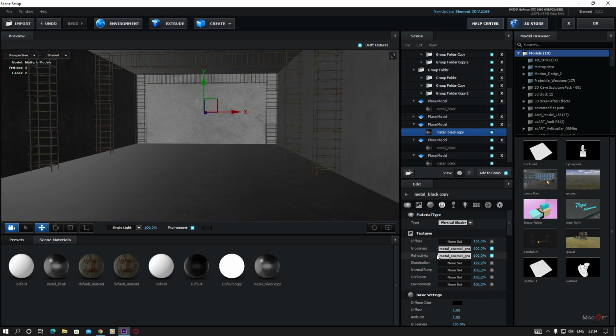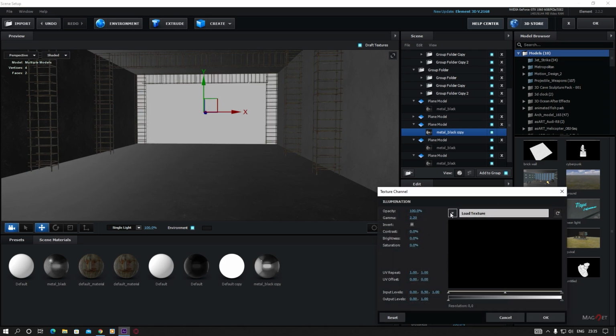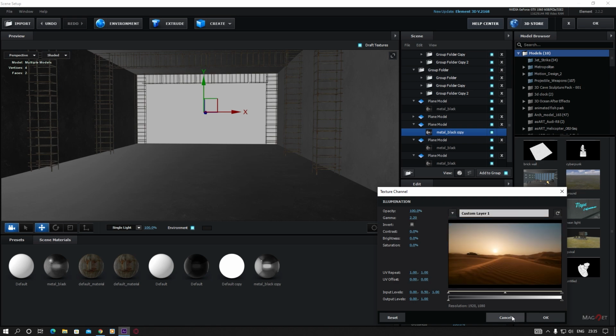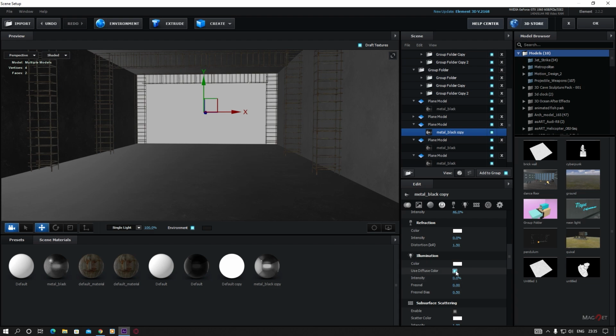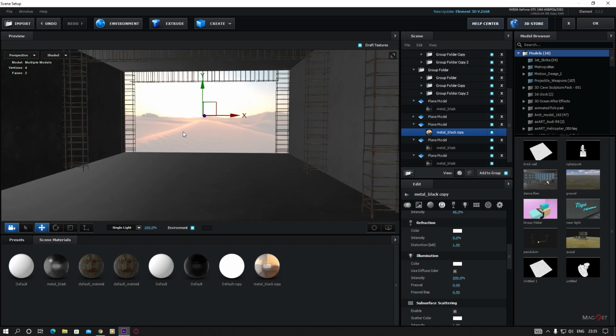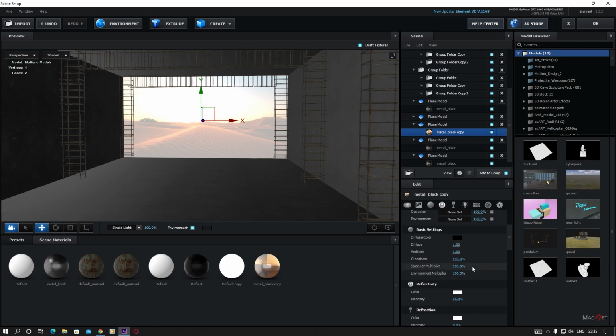Okay, and now we just disable all this material here, just clear them up like this, and then we go to the illumination and just select the video file here. Okay, and hit OK, and then we go to the illumination and disable this used diffuse color and change the intensity to 200%. Okay, and you can see that it is kind of washed out,